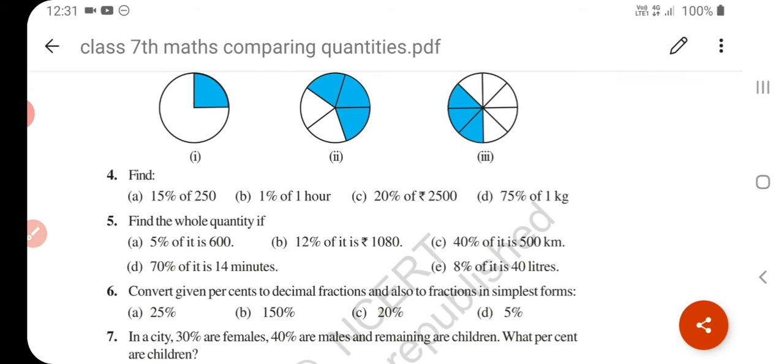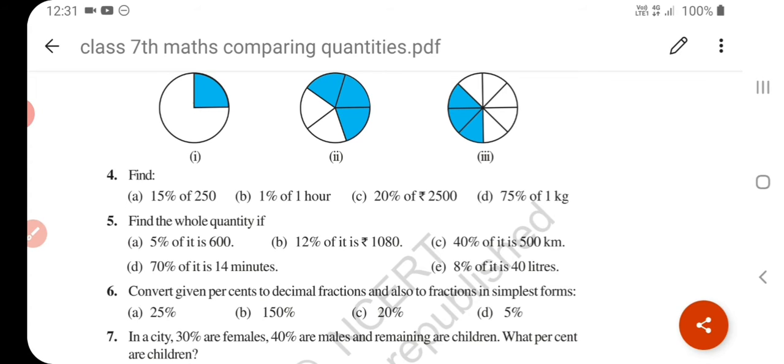And what is an equivalent ratio? To find whether the given ratios are equivalent or not, we write them in the form of fractions, and if these fractions are equal, then the ratios are equal. Two ratios that have the same value are equivalent ratios.